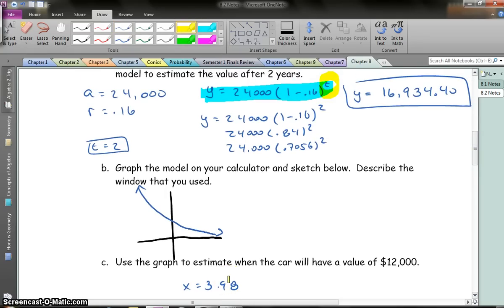So after 3.98 years, because that was my t value, your car is worth $12,000. So you bought it for $24,000, and after about 4 years, it's lost half of its value, and that's what it's saying. So when it said describe the window, we're going to go zoom fit,